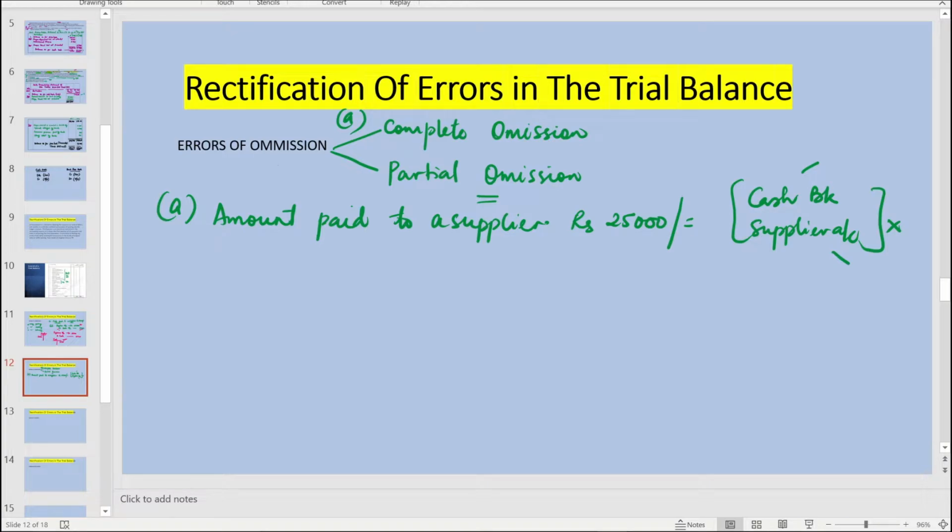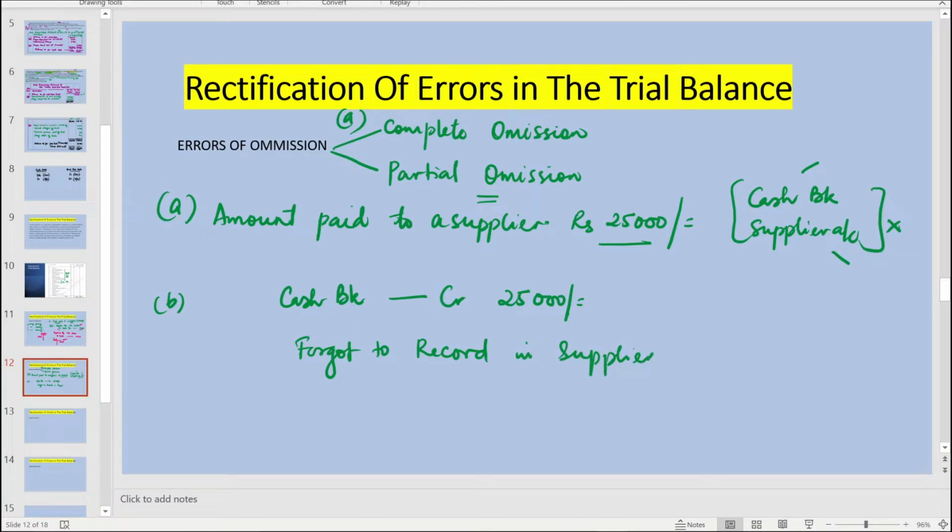And partial omission is, for example, the same thing, amount paid to a supplier, 25,000. Your cash book is entered. In the cash book, you have made an entry of 25,000 because you have paid, but you forgot to record in the supplier's account,